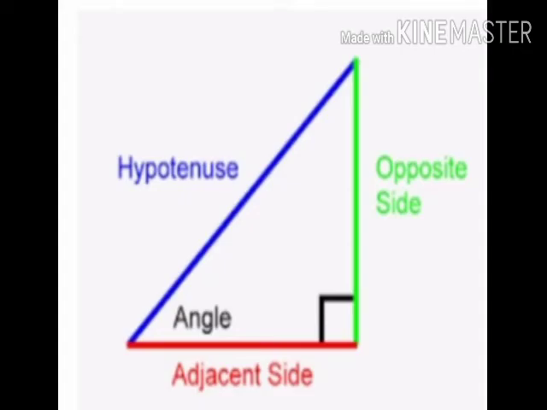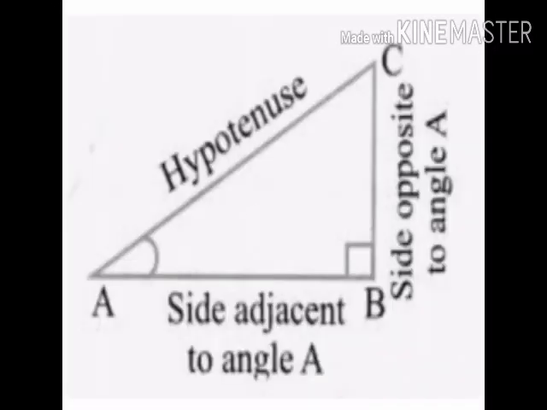See, it is a right angle triangle and one of the angles is 90 degrees. So the other two angles become acute angles, and with respect to these acute angles, we can define the three sides as adjacent side, opposite side and hypotenuse. Let's see, we have a right angle triangle ABC, right angled at B. And we considered one of the acute angles, that is angle A.